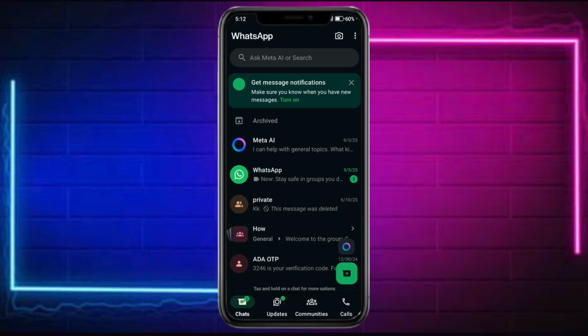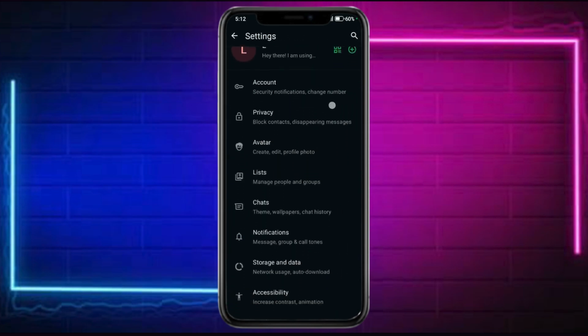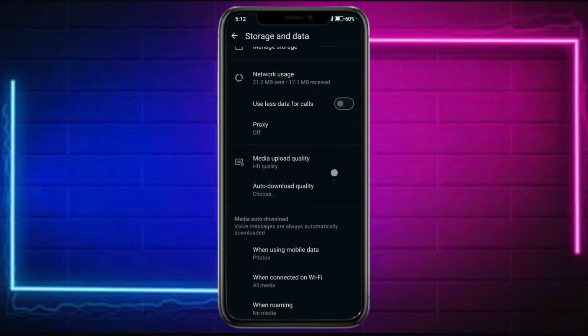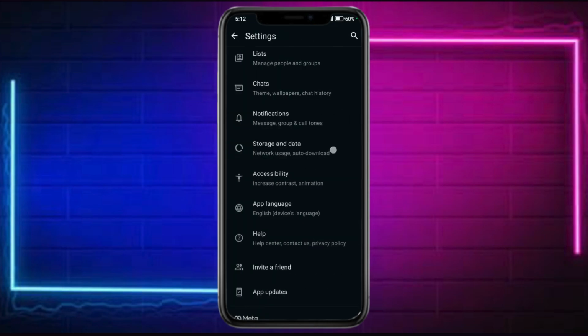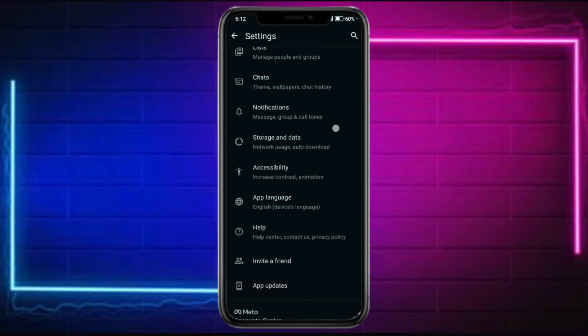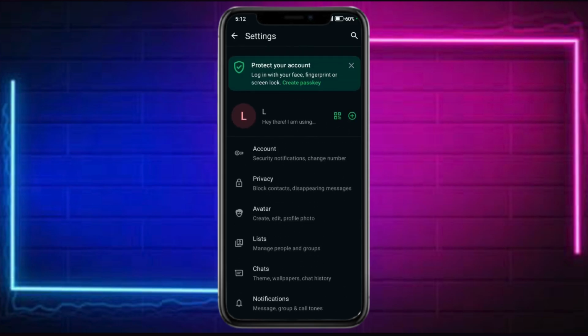What you can do is head over here to your three dots and click on your settings. You can find right here the option for storage and data. In there, you can see your data options like auto download quality and the likes. However, if you want to actually back up your specific account, you need to have access to other options like